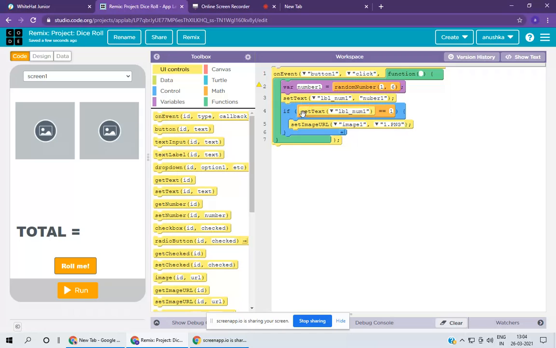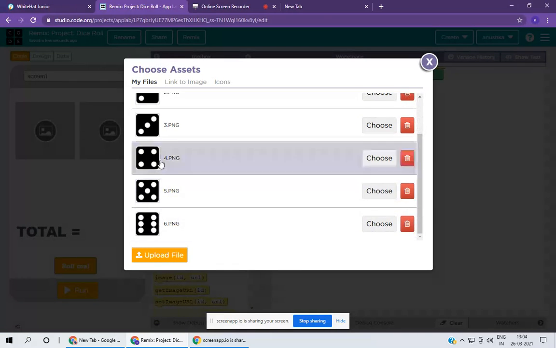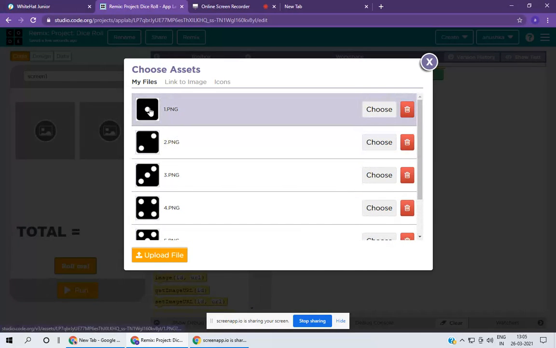The if condition checks whether the first side is coming, so we need the image URL to be the image with one dot. Here it is, right? One dot, and like this there are six, so we need the image equal to one dot.